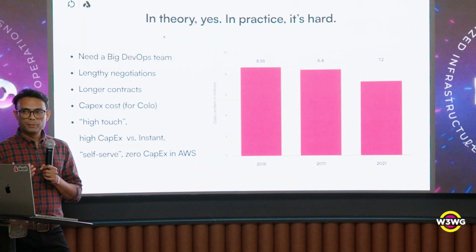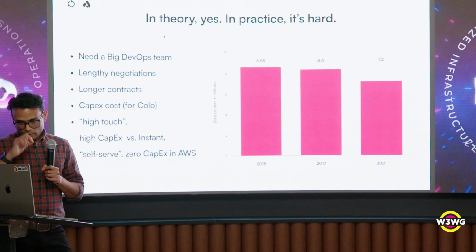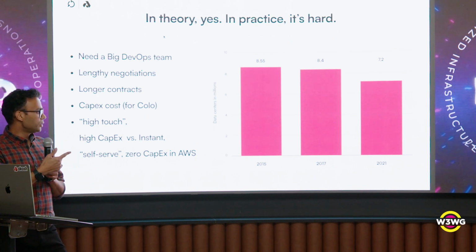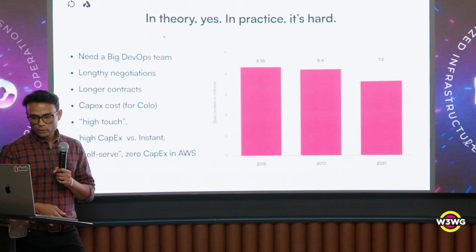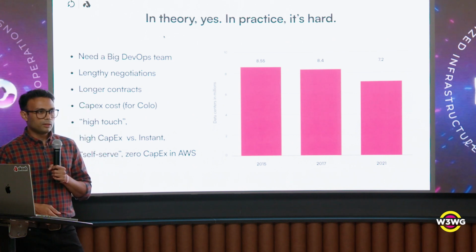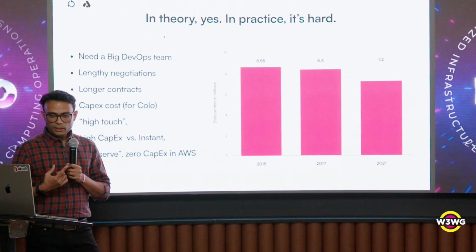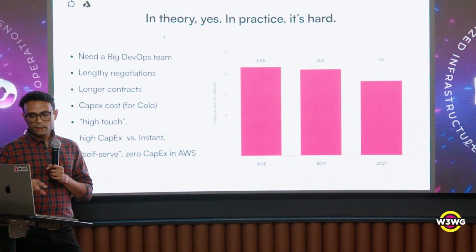And that's what keeps people going back to the public clouds, right? So to substantiate the thesis I'm driving here, there's a chart on the right here that you can find if you just Google data center companies over time. It basically shows the number of data centers in the world over time.